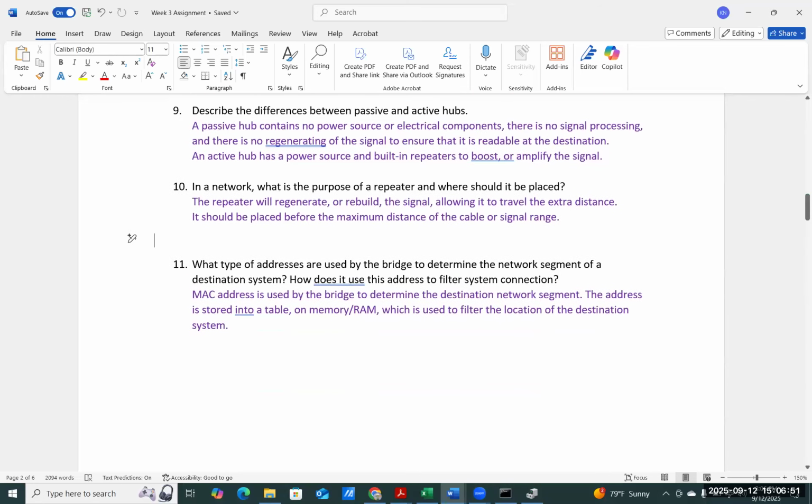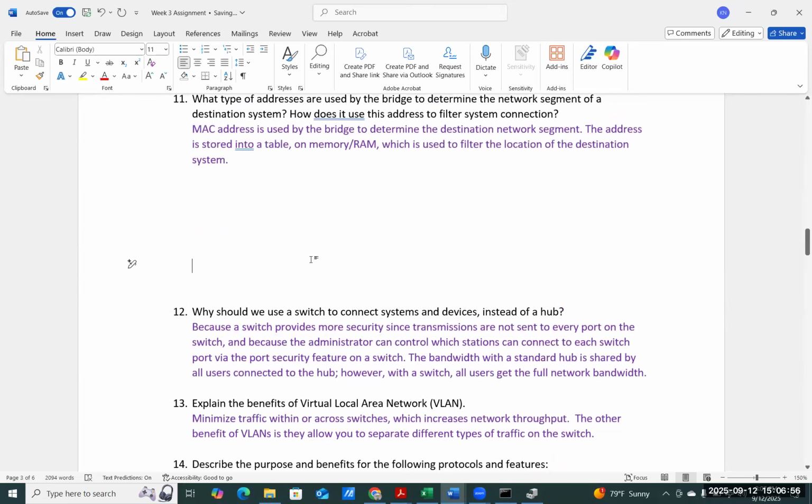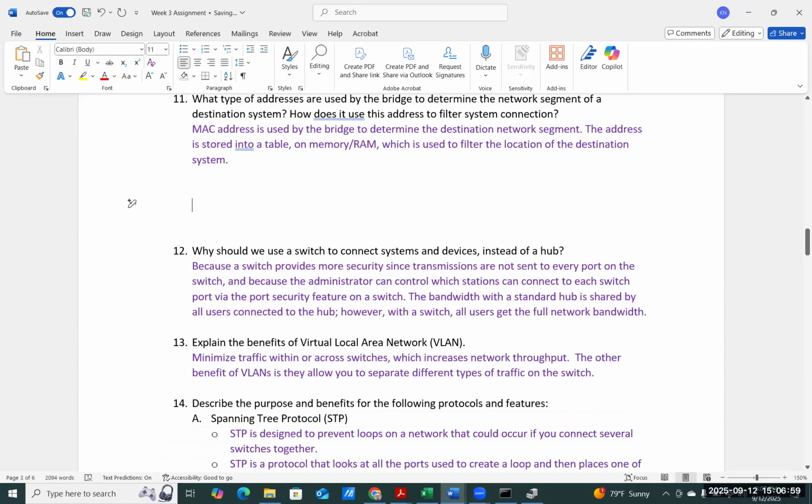Okay, let's take number 11 down. I'm trying to get through this so you also have time to do your lab. It's a long assignment today, so. Okay,